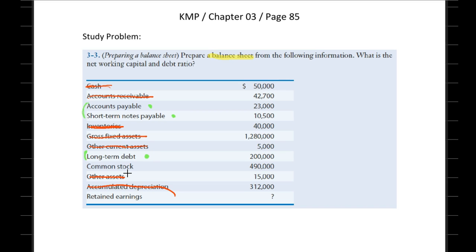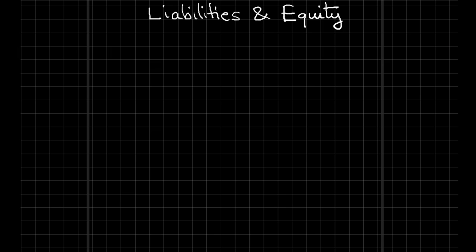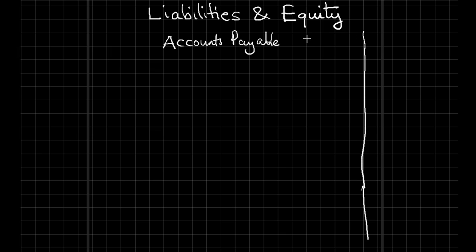When we are producing our balance sheet, the order of the account items should reflect this distinction between current liabilities and long-term liabilities. I already prepared a layout, so we can go ahead and list those current liabilities. We mentioned accounts payable and short-term notes payable as current liabilities. So let me go ahead and write these down. And again, let's just create our alignment line. So we decided that would be